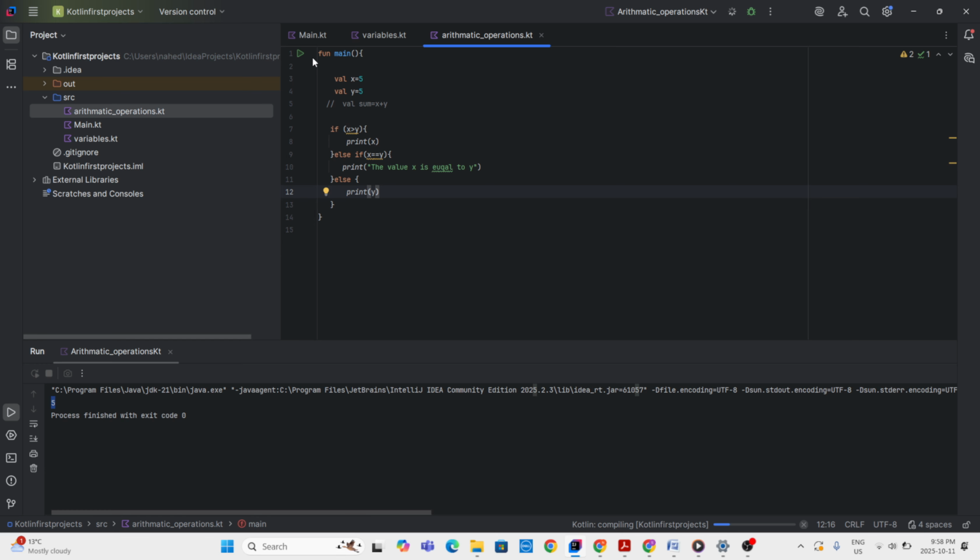It will print the value very soon. Yes, and here you can see that it ran the second block, that the value of x is equal to y, because the values of x and y are both the same, so this condition is right. This block is run and it prints this message. So guys, that's it for